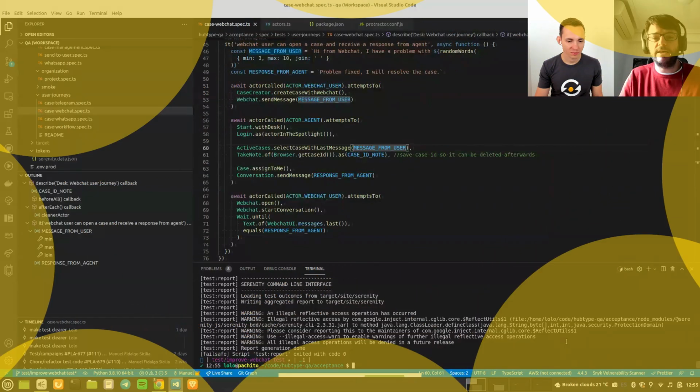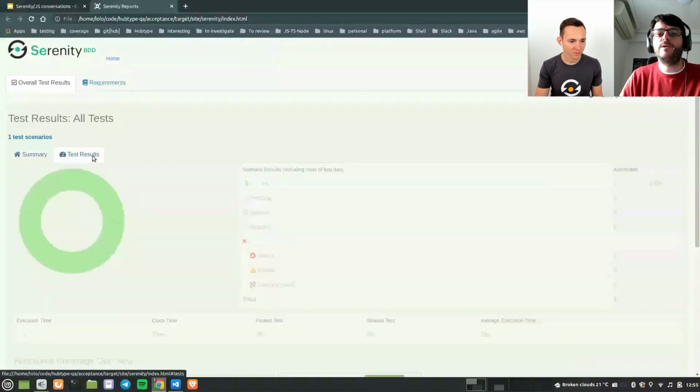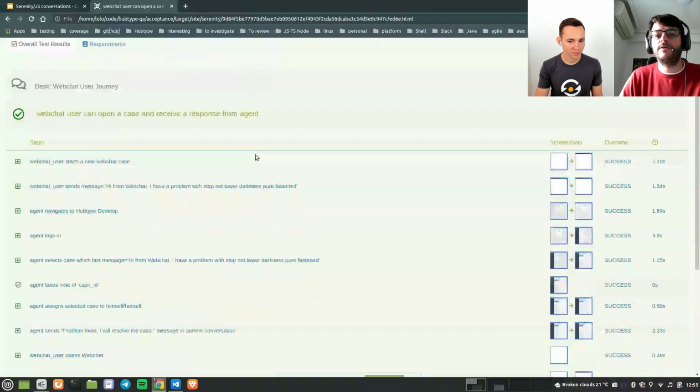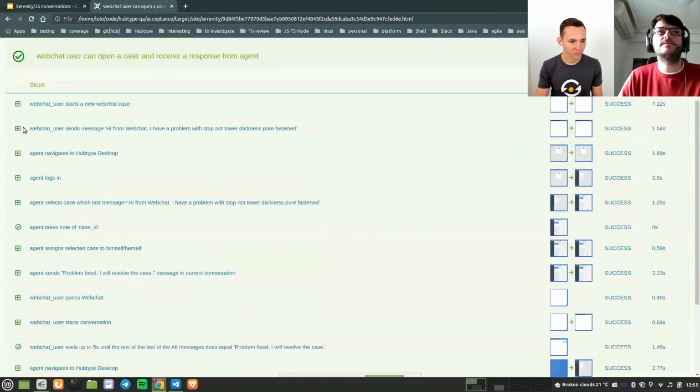We might take a look at the generated report. And here we will see the different steps and the screenshot for every step. So it's what we talked about before. It's just the web chat user sends the message, and then the agent does the login, selects the specific case.